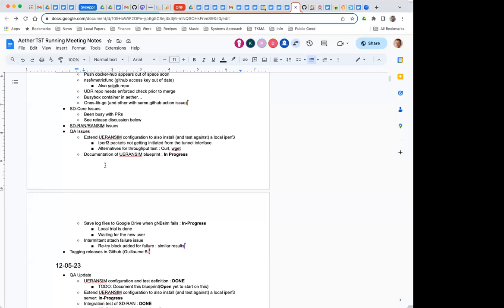We are getting an error of resource temporarily unavailable. So we are also looking at alternatives for the throughput test, to find a workaround, and we will come back to iPerf 3 again and try debugging that.